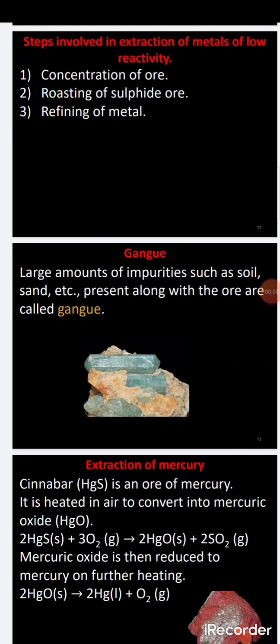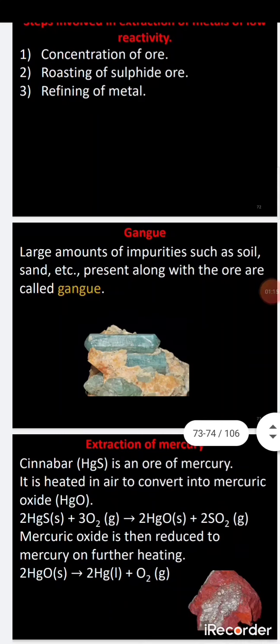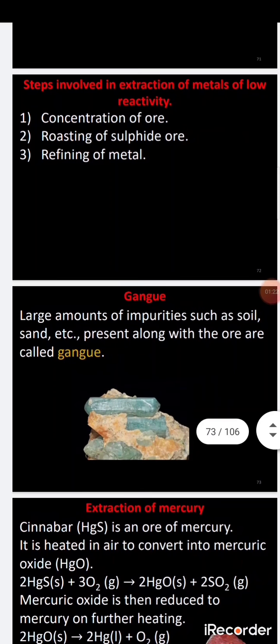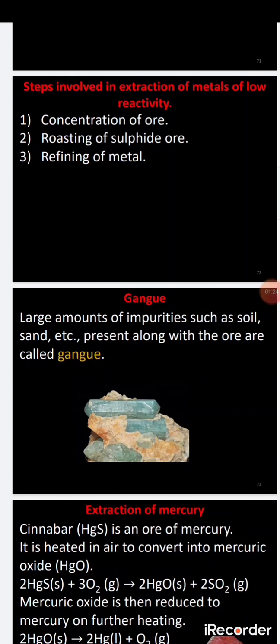In this case we'll discuss the calcination method and the roasting method. In calcination, carbonate ore can be treated by this method, and sulfide ore in the case of roasting. And in the last part, the extraction of metals high in the activity series, we'll discuss that also in this class. First we'll discuss the extraction of metals low in the reactivity series.